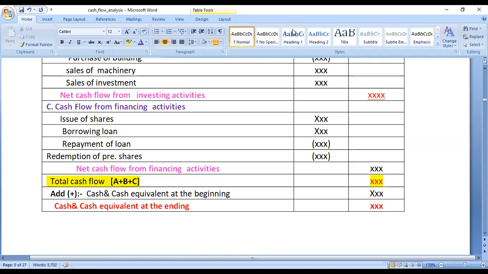So that's it, your theoretical concept of cash flow statement. If you have any doubt,